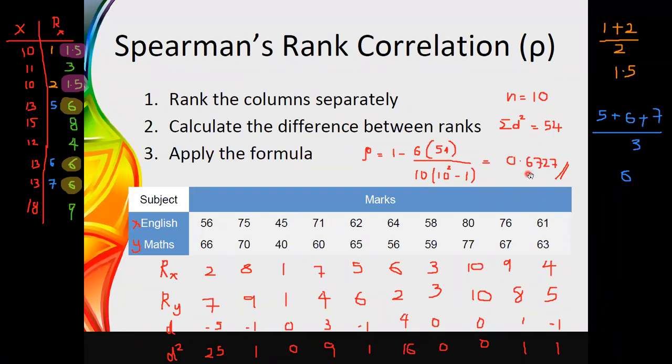Here you can say that there is a positive relationship among these variables. Therefore, a person who is scoring a higher value for English may score a higher value for mathematics also. In the other way around, a person who is scoring a low mark for English may score a low mark for mathematics also. In this way you can comment on your result. According to this value, you can say that there is a positive relationship between the mathematics marks and the English marks.